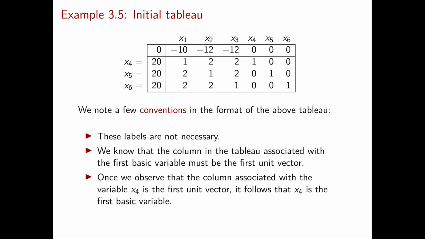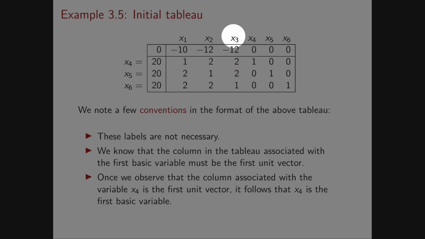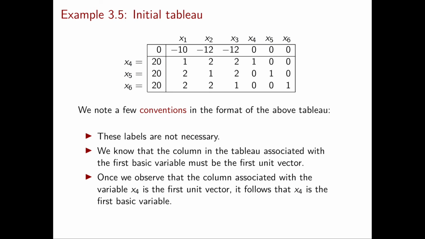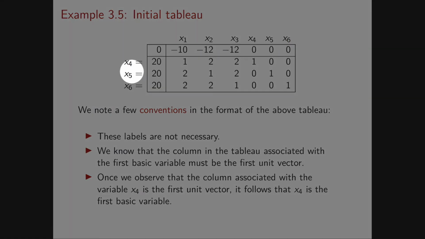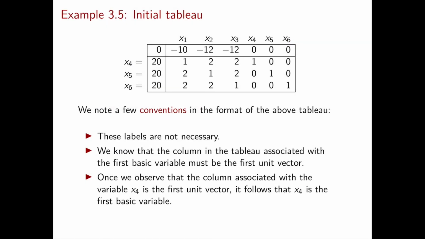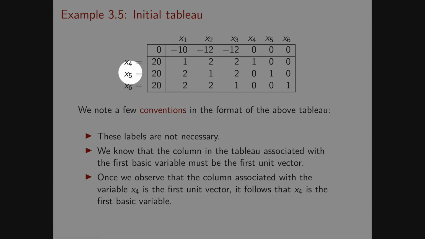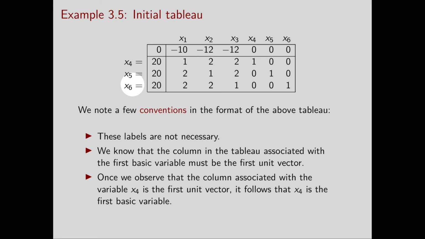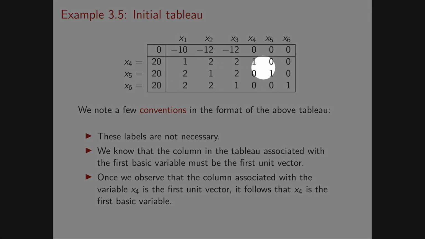Now all these labels are not really necessary. In fact, if you didn't have the ones in the top, you can easily write them down. You just need to write x1, x2 until xn. And it's interesting to notice that also the ones on the left are not really necessary, meaning that if you didn't know them, you could recover what they are. And this can be done by looking at the remaining part of the tableau.